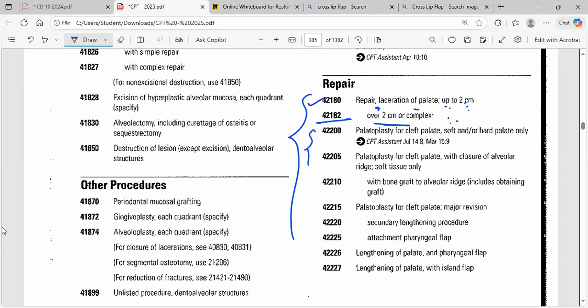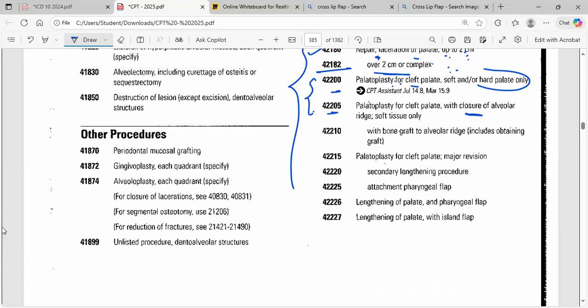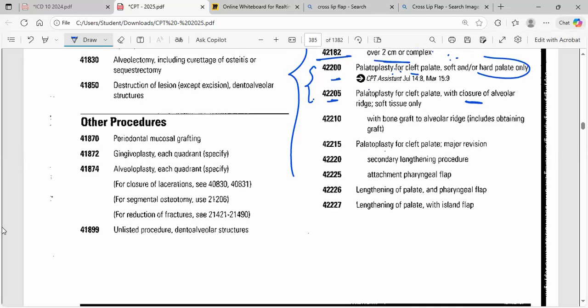Then we have the codes for the palatoplasty. The palatoplasty for the cleft palate 42200 and 42205 with the closure of alveolar ridge, and this one hard palate. So these palatoplasty codes report the removal of the palate, uvula, pharynx. So we have one code for the